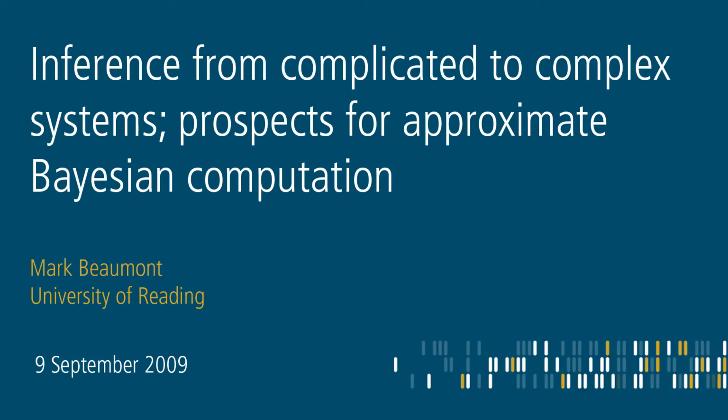Essentially you simulate a new value of theta from your transition kernel, and then you simulate from your likelihood function a data set, and if it's within some interval, then the new value of theta will be your proposed value, provided the usual Metropolis-Hastings